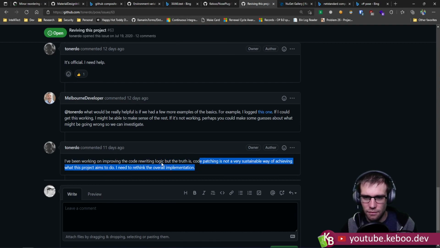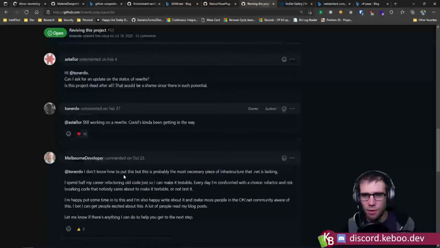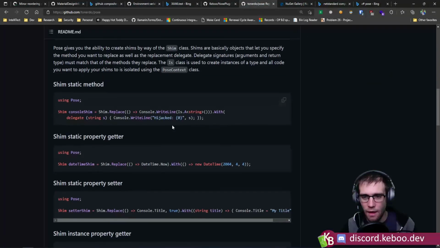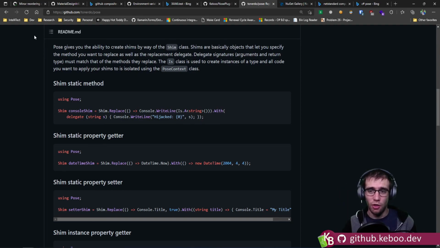And so he's looking at changing up his implementation, because what this library does differently is it feeds in a delegate, and it walks the delegate and all of the invocations in it looking for things, and then does a replacement, which is cool,